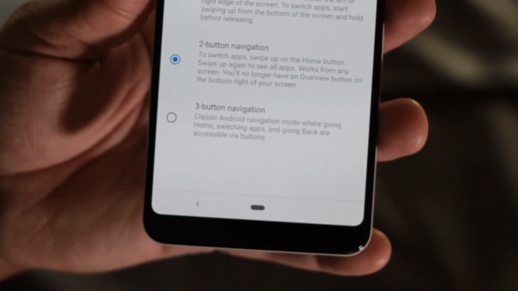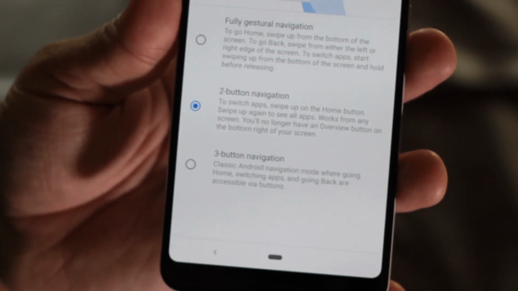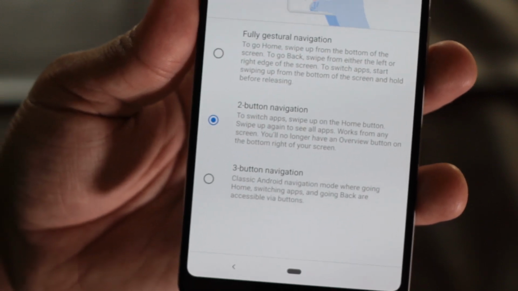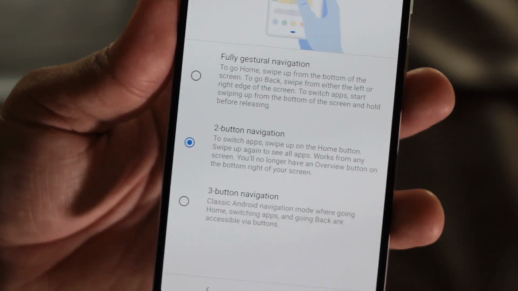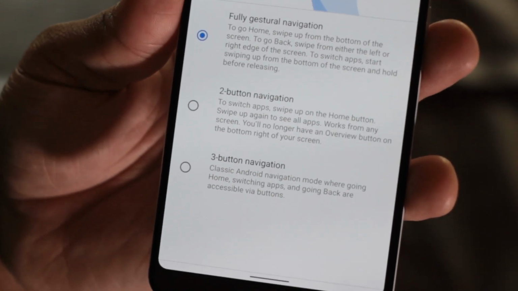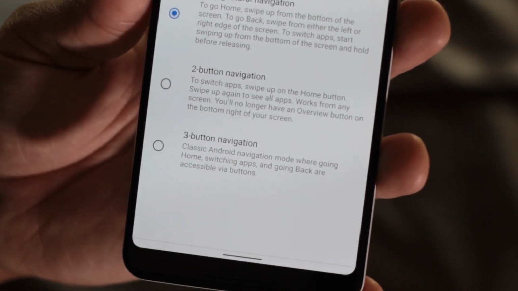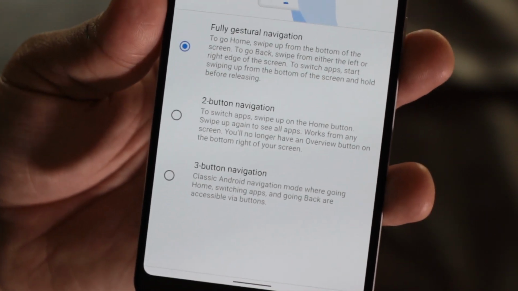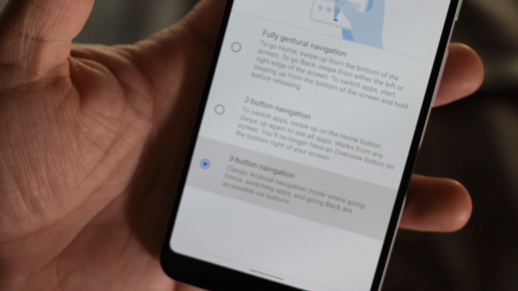The 2-button navigation system is the one that was introduced in Pie that a lot of people had a lot of issues with. I personally did not. I actually enjoy the 2-button system. It reminds me of WebOS. Ooh, love my Palm Pre. This is the full gesture navigation system. As you can see here, the bar changes, and this is the one that mimics the iPhone X, XS, XS Max the most. So I'm going to go ahead and start with the 3-button navigation system